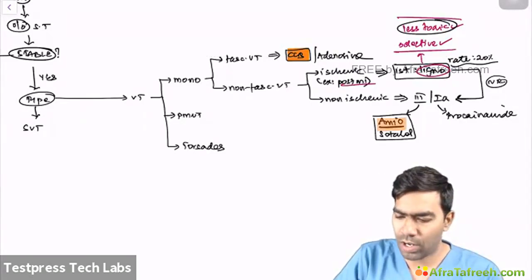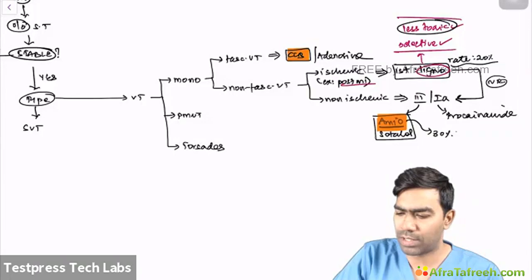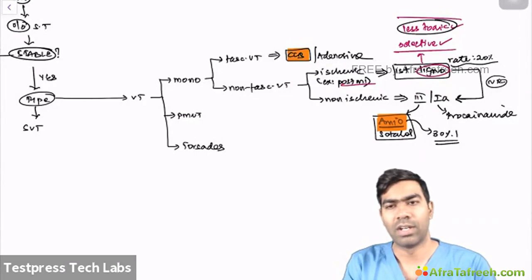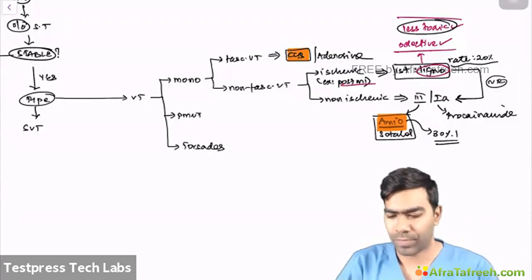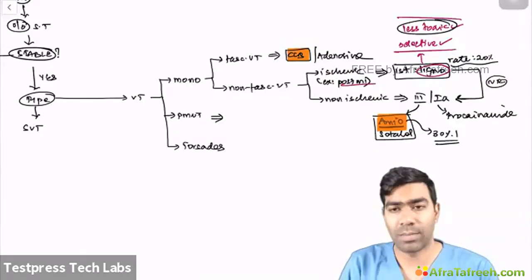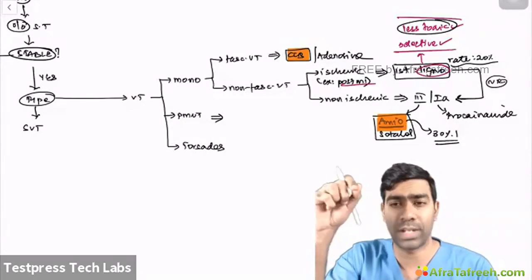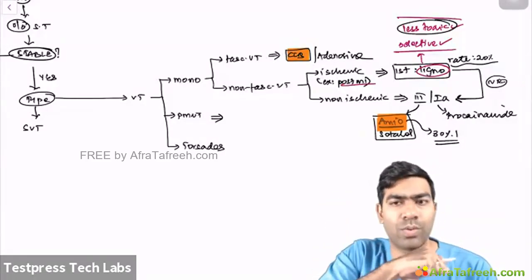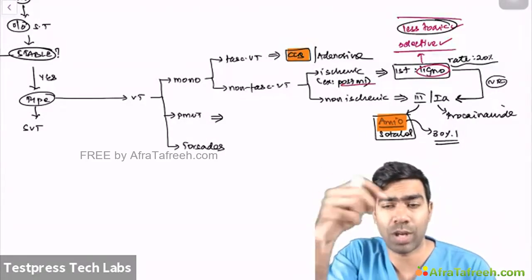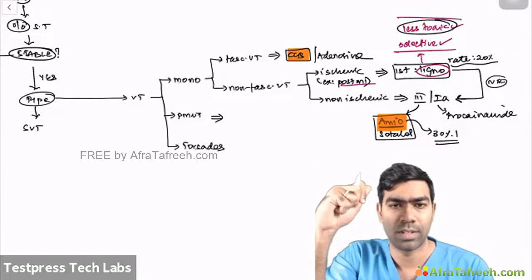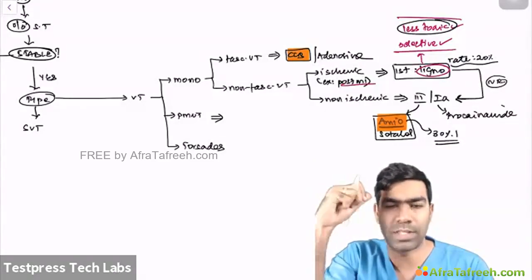Remember, out of all drugs, amiodarone has the highest success rate, around 80%, but it comes with a good bit of toxicity, which I have discussed already. Polymorphic VT usually will be unstable. As I told you in the MI lecture itself, whenever you have multifocal VPCs, I showed you hyperacute T waves and multifocal VPCs. So whenever I talk about multifocal VPCs,